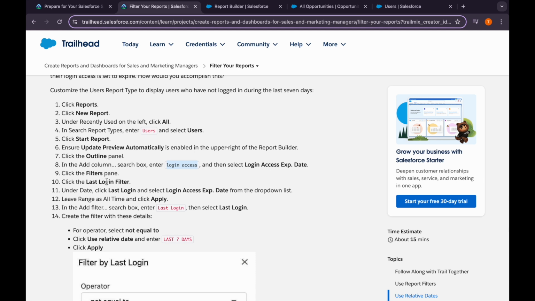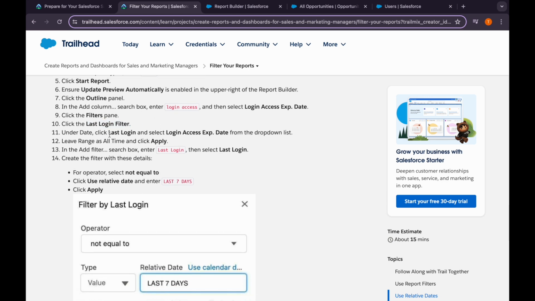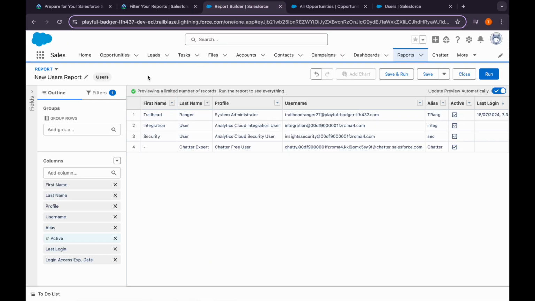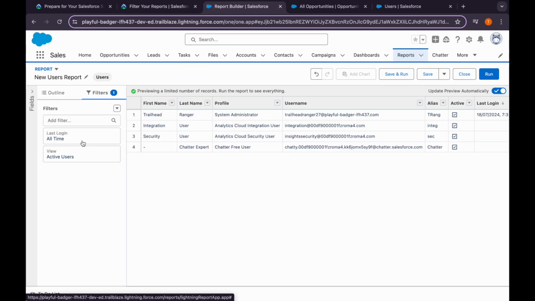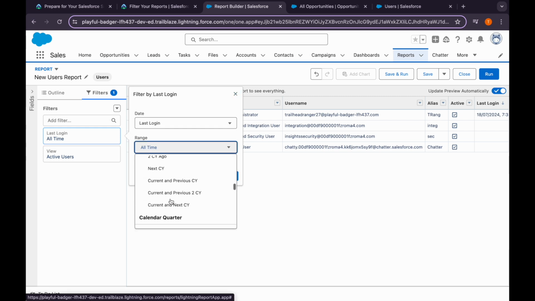Now we need to go to the filters and click the last login filter, and under date we need to click last login and select this from the drop down list. Okay, so we go to the filter and last login, and range we need to select